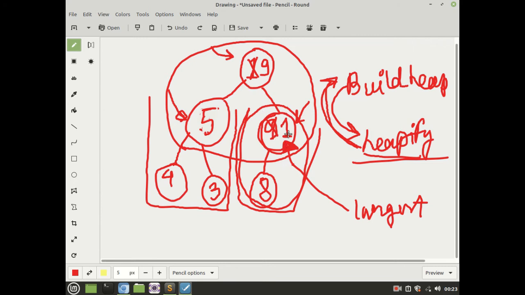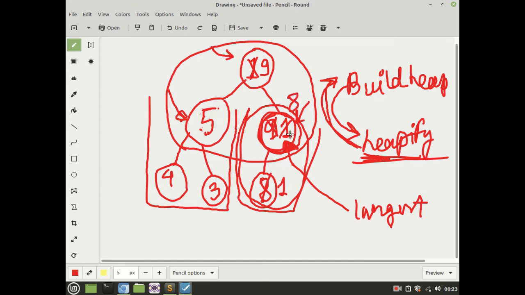If we apply heapify on this largest index, what will happen? The heapify function will check this parent with its children. So you can clearly see that the child is greater than the parent, so it will swap this 1 with this 8. So this 8 will become 1 and this 1 will become 8.